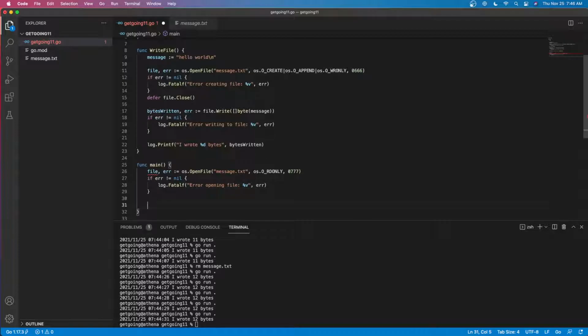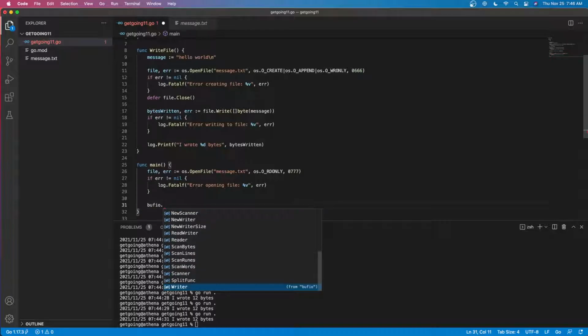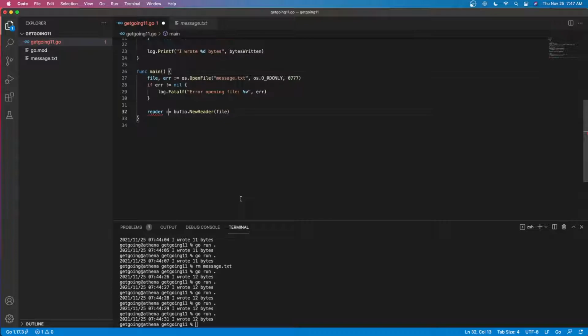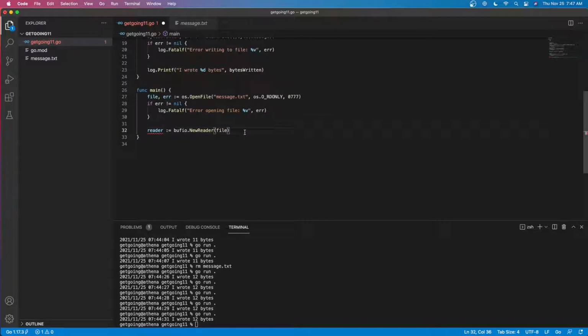All right, so we want to go ahead and read this thing a file at a time. So bufio dot, and we're going to pass in our file as our reader, and we'll call this reader. Does this return a possible error? No, it does not return the error. Okay, so we got our reader,